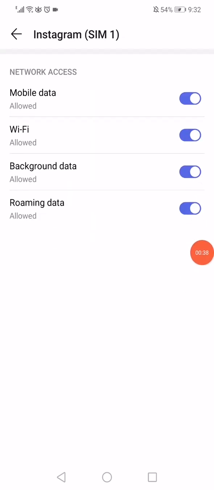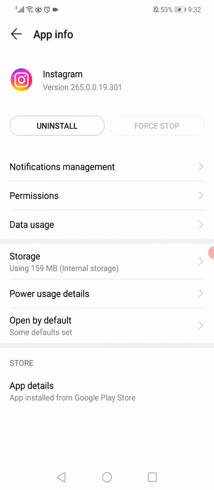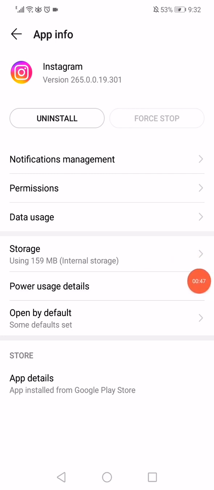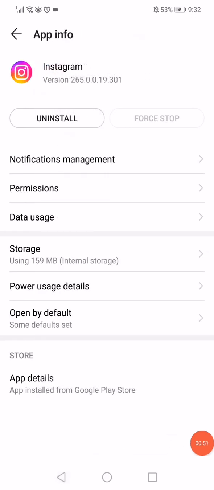Make sure that the Wi-Fi is enabled here. Go back, click on these power usage details, click down here on force stop, go back again to the settings,